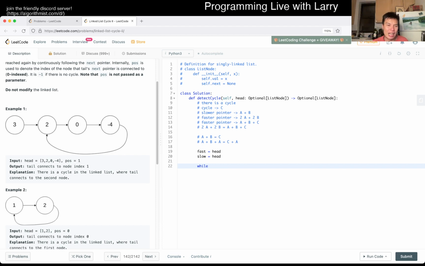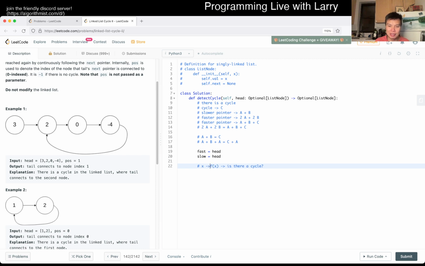So now we move on, and this part I say is standard with Floyd's algorithm, and it actually comes into play with different other problems as well, which is why I know it, because in this case there's a linked list, of course. Like I said, I don't care for linked lists per se because they don't come up that much, but you can use this on other things that are not linked lists but have a linked list structure. For example, if you have a function f of x, and you want to see is there a cycle.